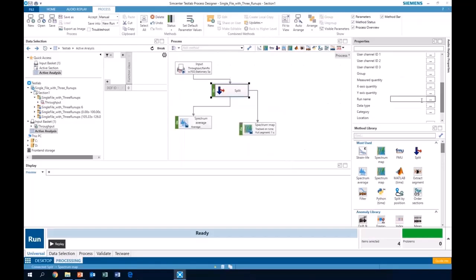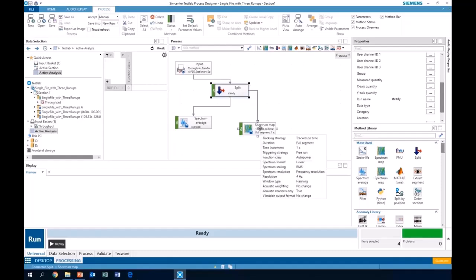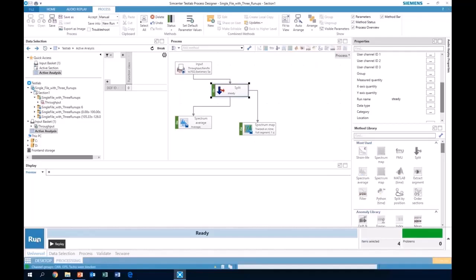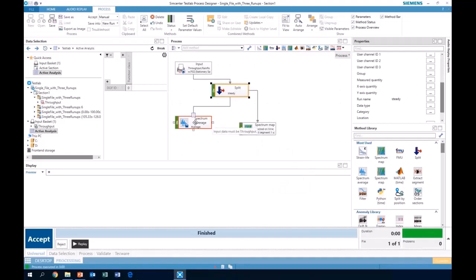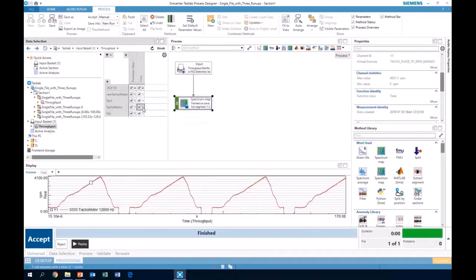You do it by just clicking in here, typing steady. Steady state will come over here if the run name has the word steady in it from when I acquired it, and it could be acquired in Classic. It does not have to be acquired in Neo. And other data like our run-ups would go over here and be calculated into a color map. Now this doesn't really have that data, so it didn't really see the split, but I wanted to at least give you the idea. I'll show another cool feature.